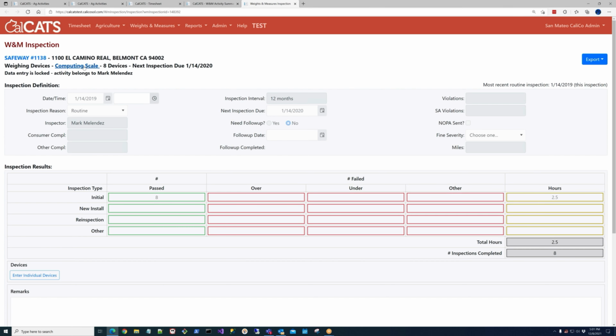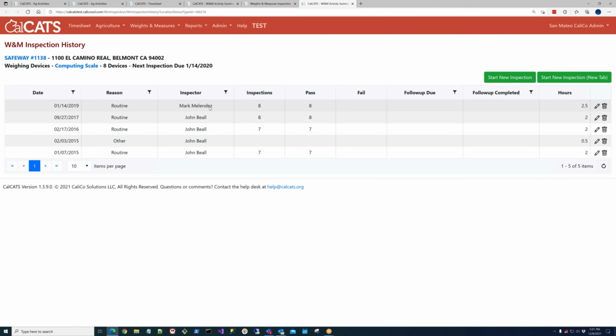So I'm going to go back to our computing scale record, and I'm going to start a new inspection to show you how the inspection form works and how you'll enter your inspection data going forward. Again, like the Ag Daily forms, we tried to make it very similar to your current system, so it should be familiar territory. So I'm going to do a new inspection on the computing scales at the Safeway 1138,